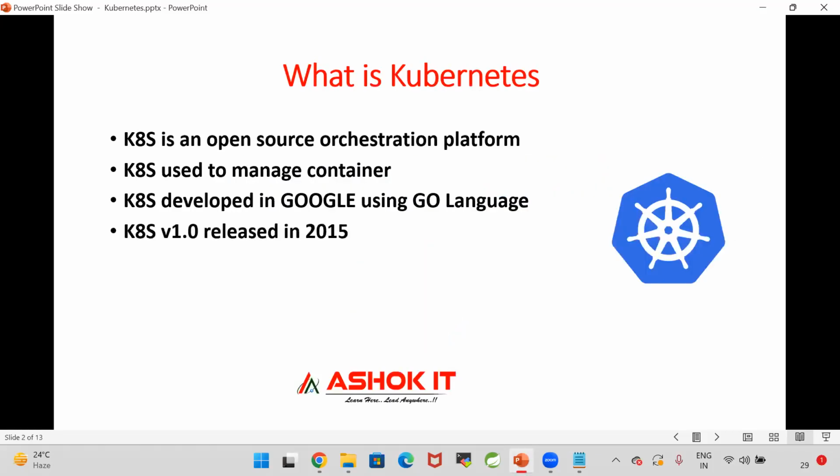The first thing, Kubernetes is an open source orchestration platform. We learned Docker in the previous classes. Docker is a containerization platform which is used to simplify the application deployment process. By using Docker, we can package our application and execute it inside a container.